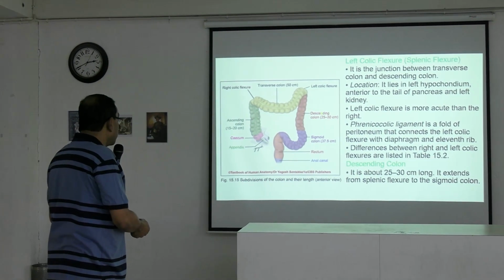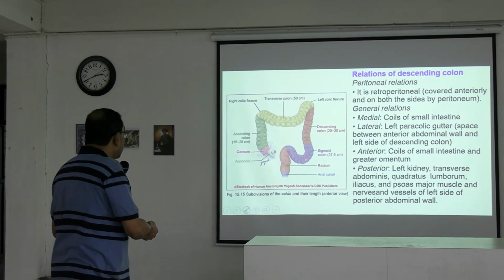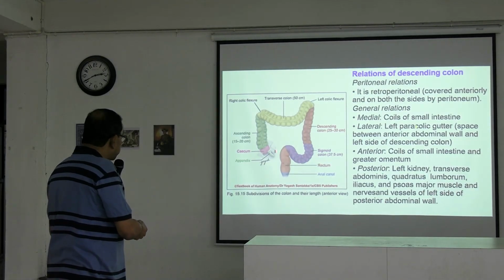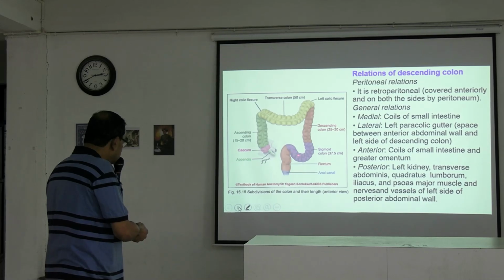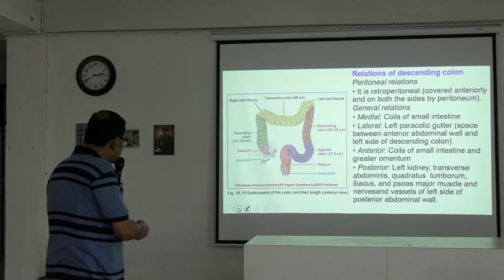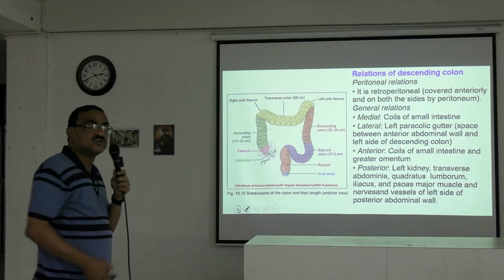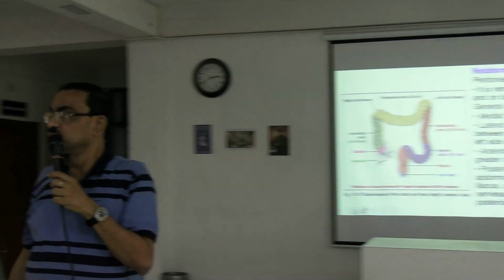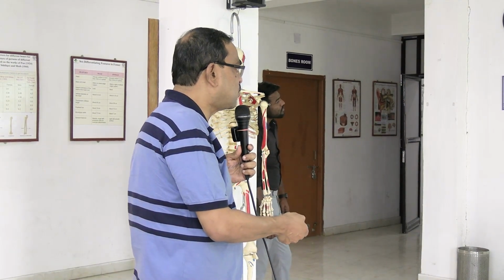Now about the sigmoid colon, we can see this is S-shaped. One is a descending part, one is a horizontal part, and again the next descending part. So it forms an S, so it is called sigmoid colon. Similarly, we can get a sigmoid mesocolon